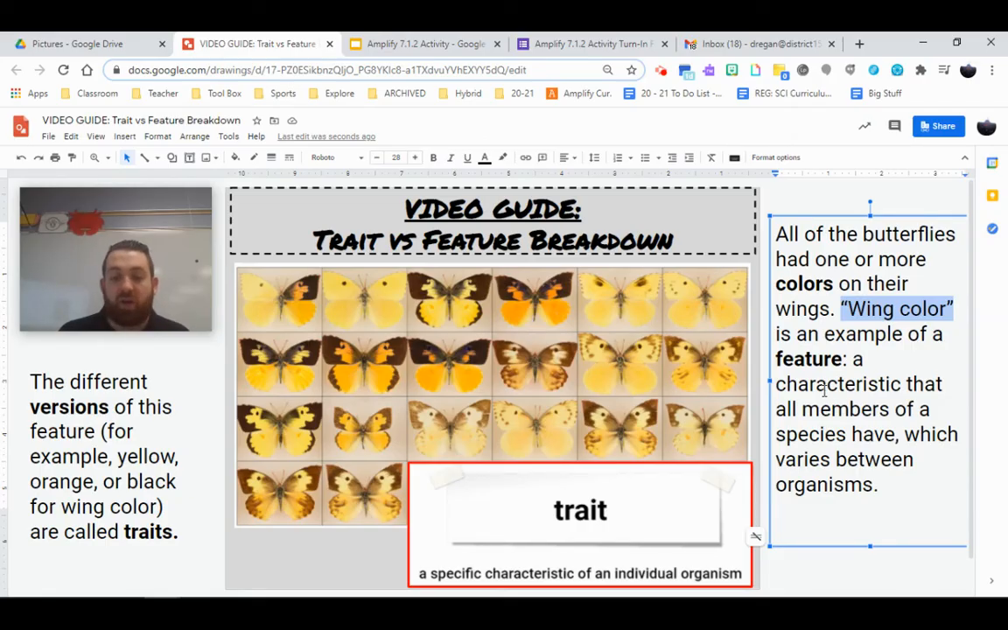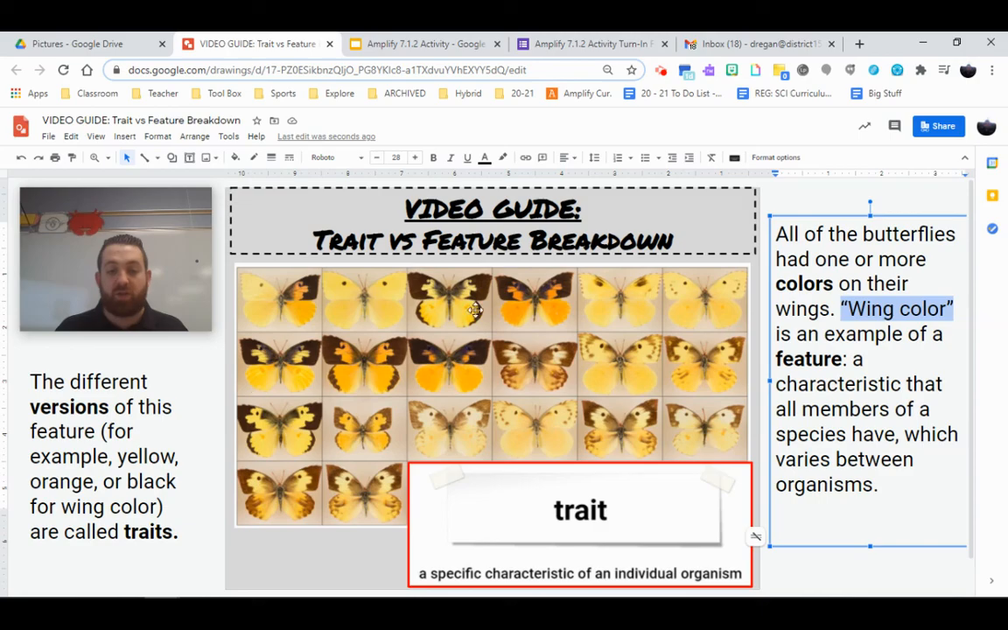So features are the groups of things we describe within a population. Traits are the specific things we talk about when we look at one particular individual, in this case one butterfly. Those are the two ways we describe not only the population as a whole, but individuals within that population. Okay, now that we have a breakdown of that, we're going to look at answering a